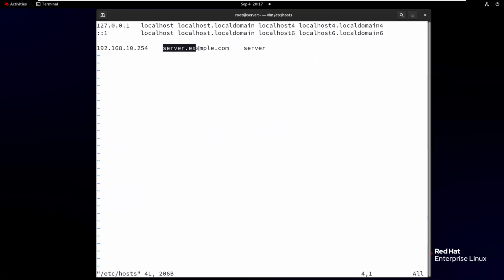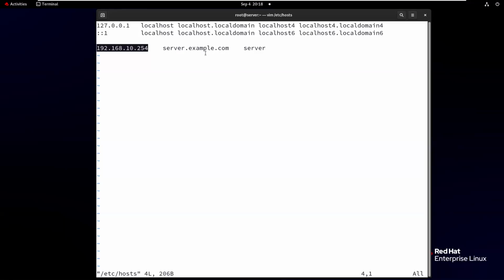Then same, my computer name is server.example.com, and even the computer name is only server. But guys, this domain is just an example, and even this IP address is not public. If you want to access the website outside of the network, I mean publicly, then first you will provide your registered domain name address here, and also we need to add your public IP address.